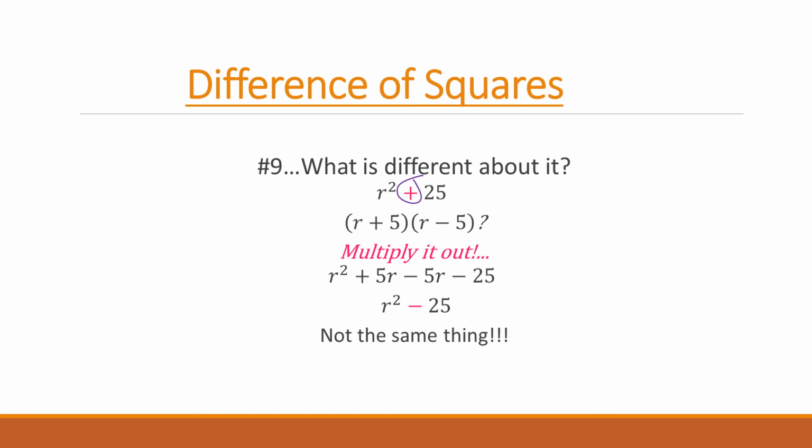If you look here at this example, if I were to do that based on difference of squares and think, oh yeah, that works, when you multiply it back out, the middle terms do cancel out, but then you get minus 25 at the end, which is not what the original problem said. Okay, so